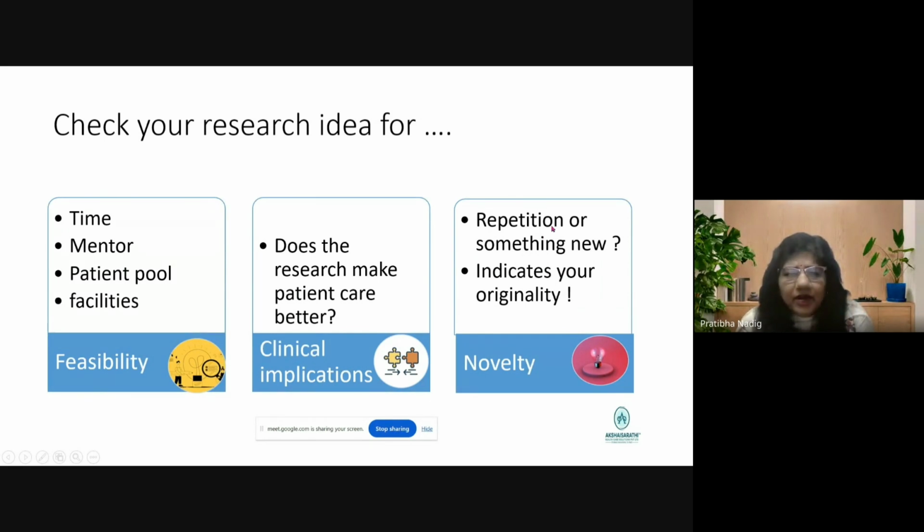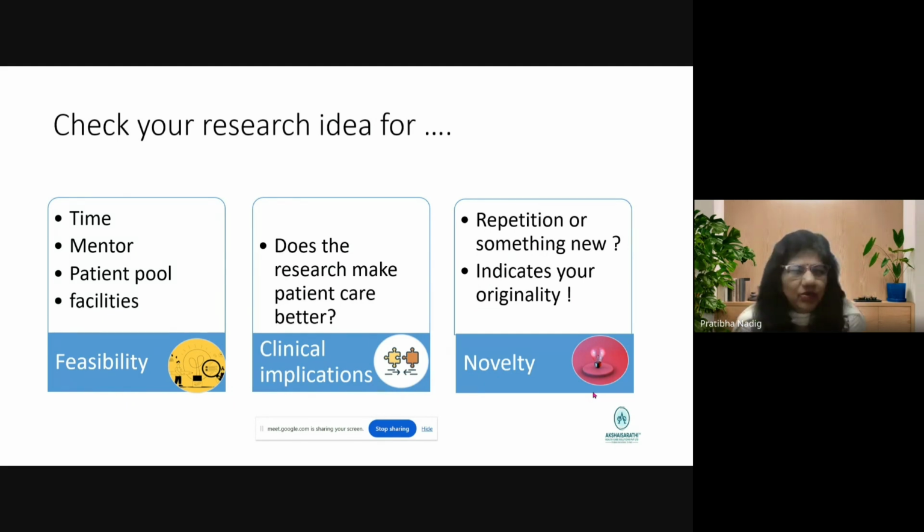Is it new or a repetition? These are the things people consider while approving. We should think, is it novel or am I reinventing the same wheel? Even if it is a simple thing like getting normative data on neonates, that is a novelty because we didn't have data. So generating data also can be a novelty. It starts from there, then you can go to any extent. You can go to the molecular level, the genomic level. If you have facilities in your lab, you can develop some new thing. So anything can be done.